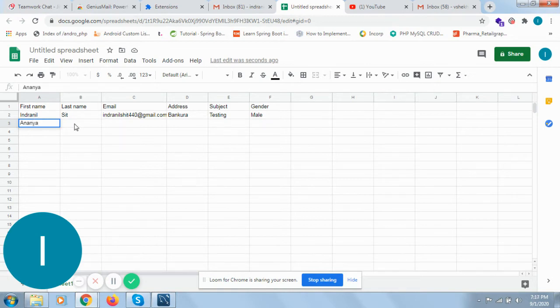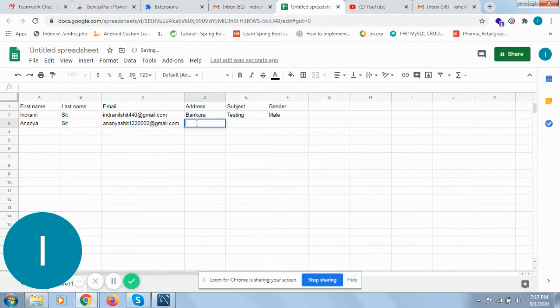And gmail.com. I'm giving another address so that we can see the difference.